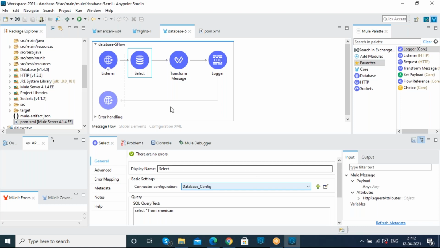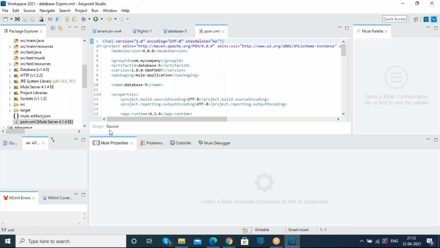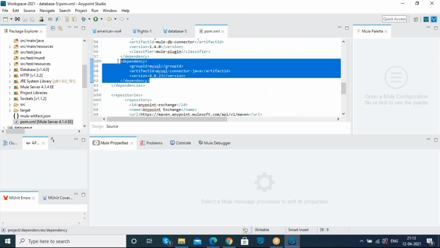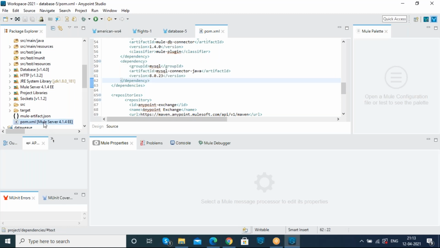So instead of doing that, whatever jar file we add here will persist in the pom.xml file. As you can see here, the dependency. And by using the internet, by using the Maven dependency code, it will be able to download the jar file. No need to add it again and again. This is the use case of Maven. So what is the use case of Maven? Whatever jar files you add will persist in the pom.xml file. While importing the project, since the pom.xml file will also be available, it will automatically download the jar file and pick it up. Okay.